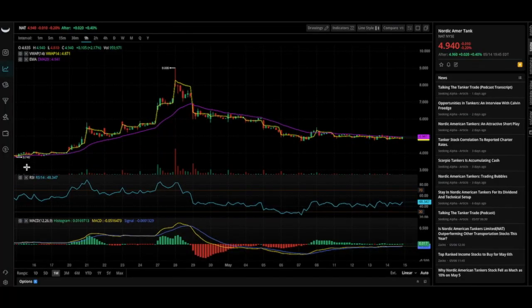This is a 1 month, 1 hour chart for Nordic American tanker stock. We can see from this graph that the stock has been trading between $3.7 and $9 per share. We can see here the volume when it reached $9 from the pump that we had by the end of April. There was a big sell-off, and then the RSI also indicated that the stock was overbought since it went